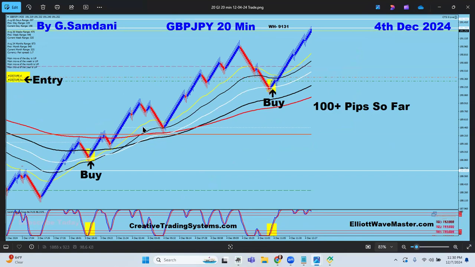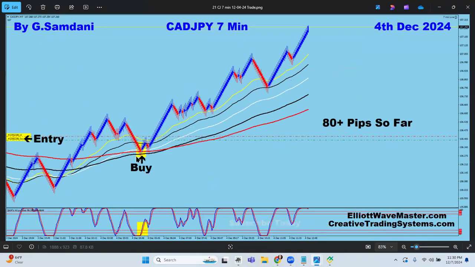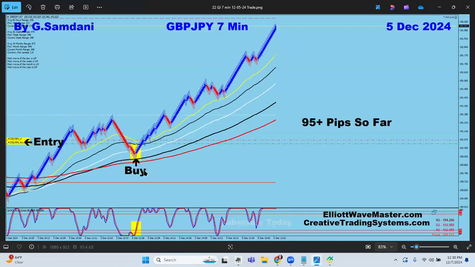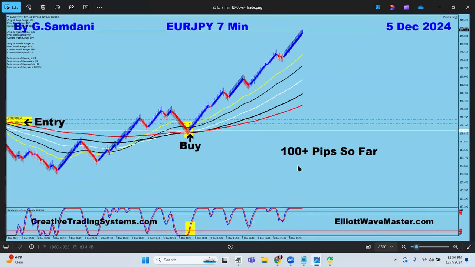After that, this one I missed, and I think the first one I closed here somewhere, and then it went up. The first entry I got this one, and gone with the wind. And here again, CAD yen also gave me a good entry here, and that's 80 pip, right? And this buy order is right there for 90 pip, pound yen going to the upside. They went up big time. Euro yen 100 pip,